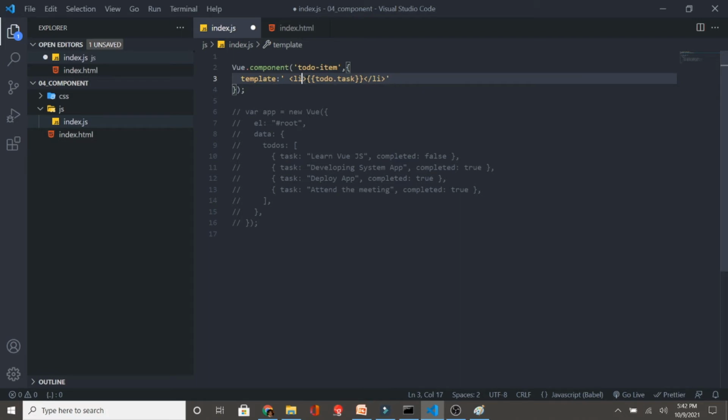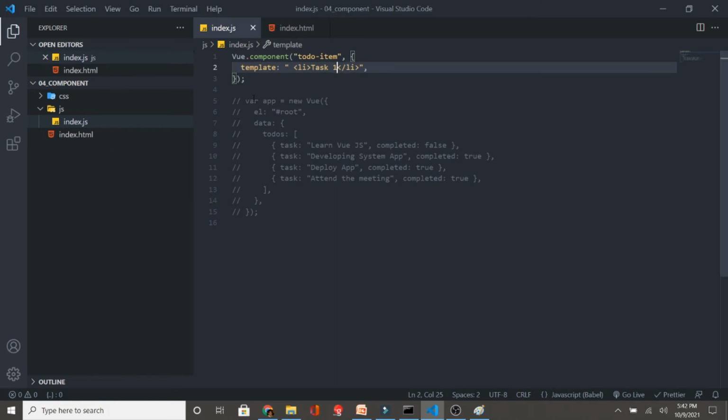Now see what I will be doing. Initially I am just putting some dummy text over here. So let's say task 1. Later on we will be changing these things, guys. Okay, first let me show you how exactly it looks, and then slowly you will understand how you will be working with this. So this is a component structure. Vue is an instance. With Vue you are saying that you want to create a component, so you say Vue.component. Here you are specifying the name of the component, that is to do item, and then which template you want to render. This template you have given over here, right?